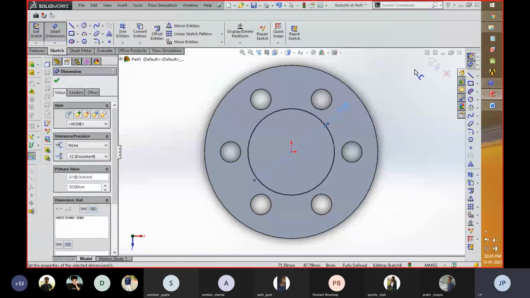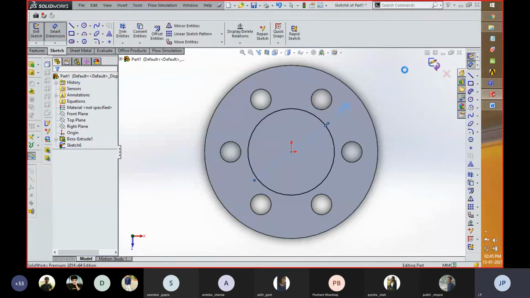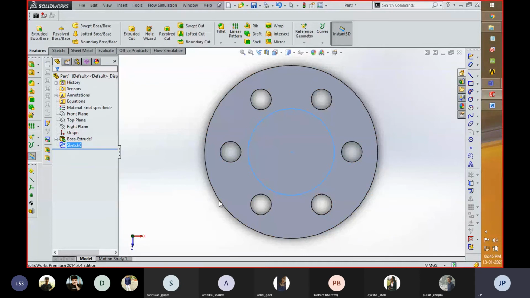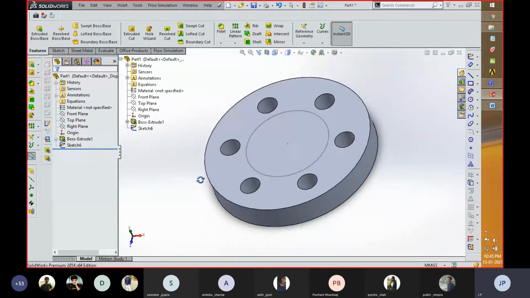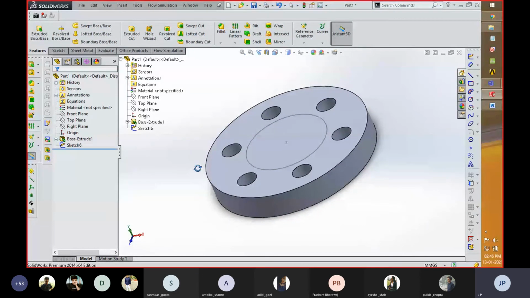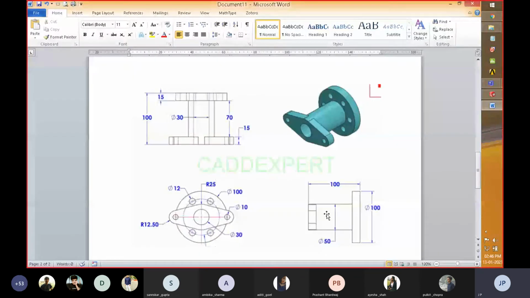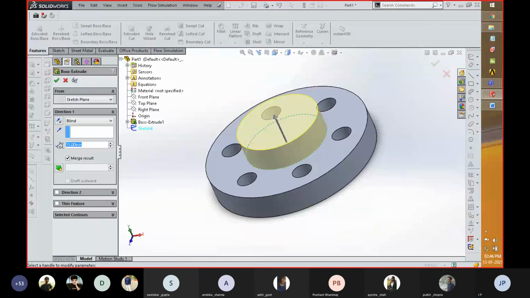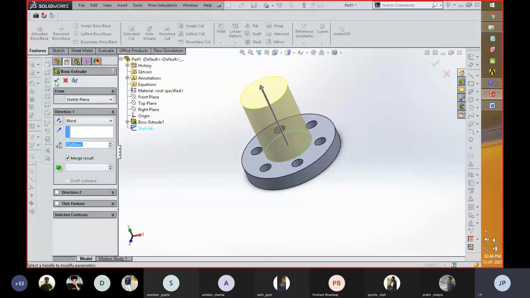Now if you want to convert this sketch into 3D, you have to select the sketch, and for rotating the component within the workspace, you can press your scroller within the workspace and then drag the mouse while keeping the scroller pressed, so you can rotate your component. Now select the sketch and click on extrude. The value of this should be around 70 millimeters. So I fill a value of 70 millimeter. In such a manner you created this component.